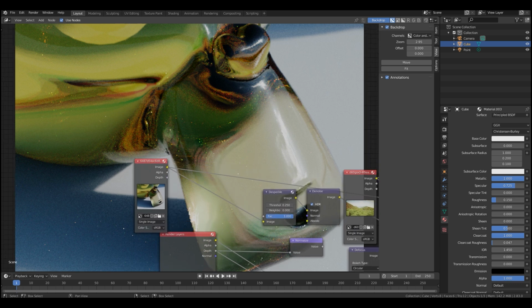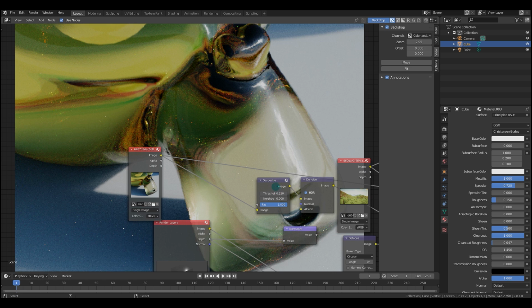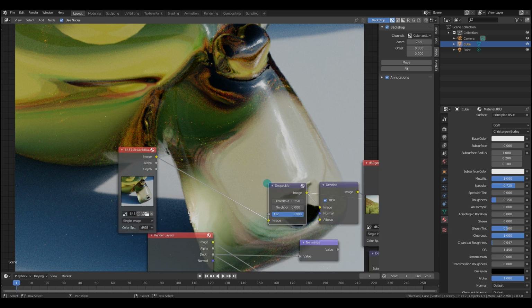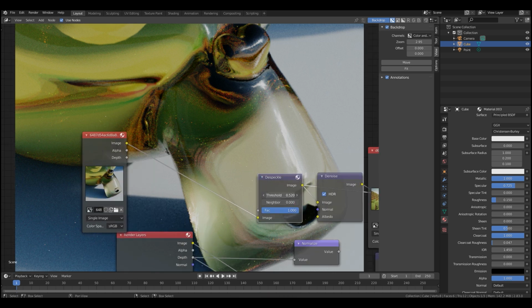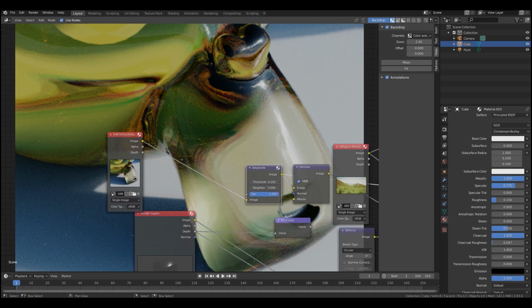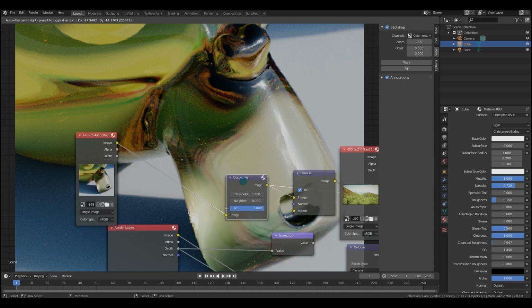The despeckle node denoises input images based on area complexity, so it's going to look for a lot of deviation. And so if I bring this despeckle on, here you can see that we've gotten rid of a lot of those fireflies. This threshold is what you're going to adjust to sort of find those fireflies. Ideally, you probably don't use this node by itself, but it does a pretty good job of removing fireflies if we compare these side to side.